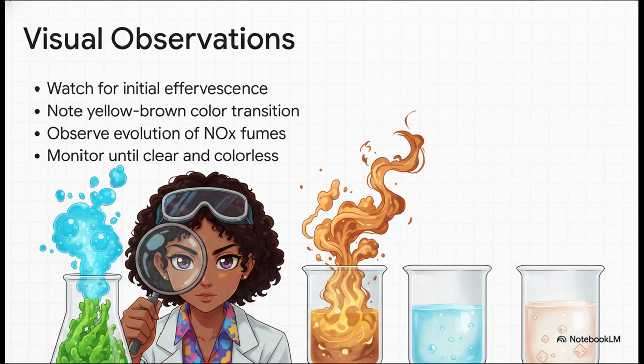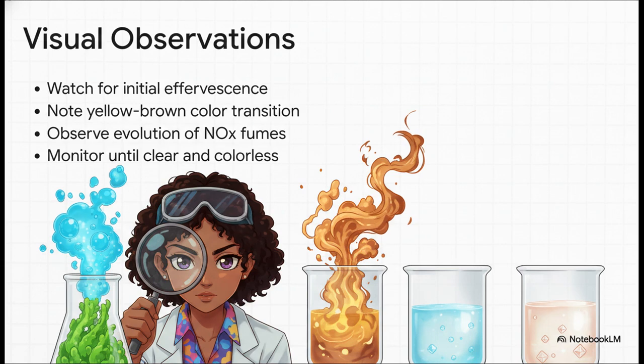Now, while the digestion and prep phases are happening, you are the detective here. You've got to watch for critical visual clues. When you first add that nitric acid to the plant tissue, you should watch for initial effervescence. Then, note the transition to a yellow-brown color, and this is huge. Be incredibly careful of the evolution of toxic NOx fumes. You monitor this entire violent chemical reaction until the digest is completely clear and colorless, which signals that the organic